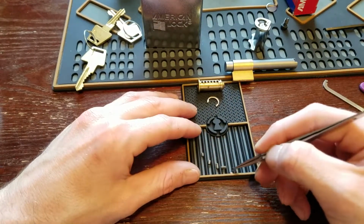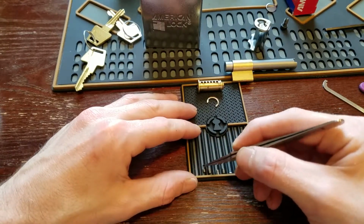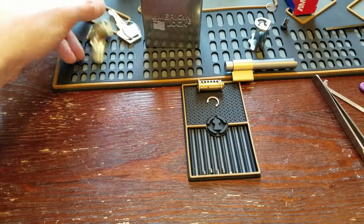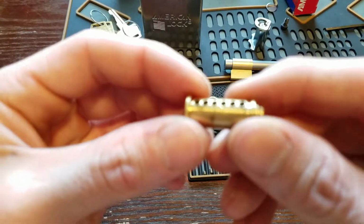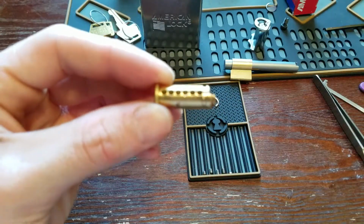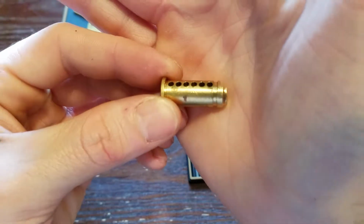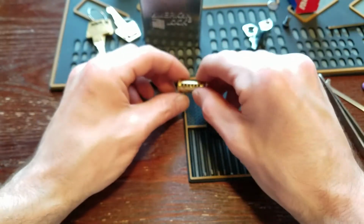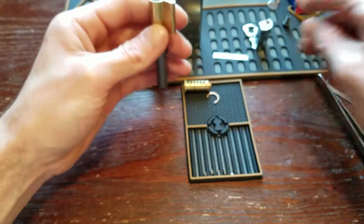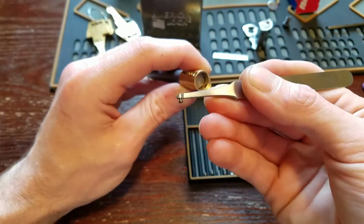Which, being an American lock, they would have serrations, but that's just chosen by the bidding, because I'm gonna say 1 through 2 or 3 don't have serrations because they're too small. There's nothing inside the core there, just smooth, no drill pins or anything. Let's get the shim out. And 1 is a steel